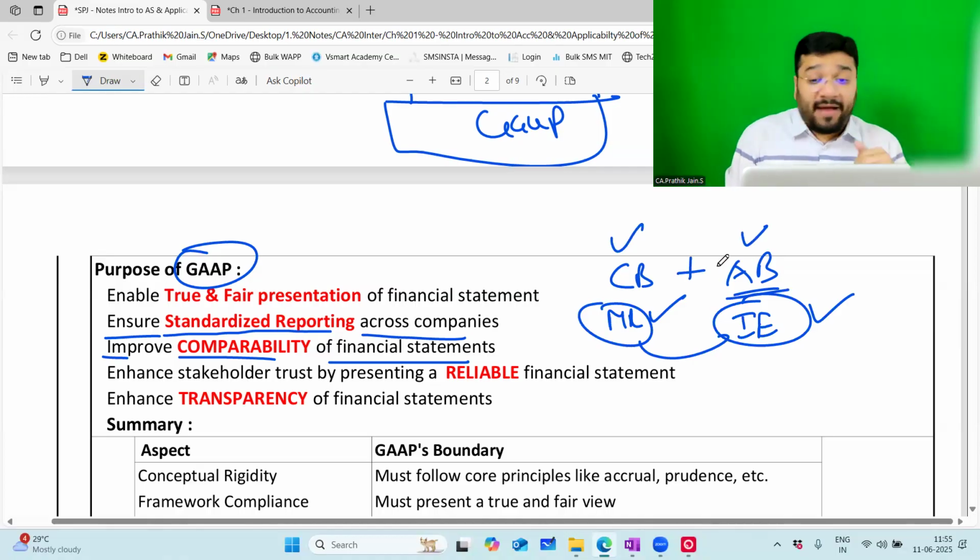Not just that. Why do we compare our data of current year with the previous year? To see whether we have grown or not. Last year my turnover was 10 crores. Current year turnover is 12 crores. So current year my turnover is more by 2 crores. Good feeling or bad feeling? Very good feeling. Now this good feeling came when? Only when you compared it. If you don't compare it, there's no knowledge. When there is no knowledge, there is no feeling.